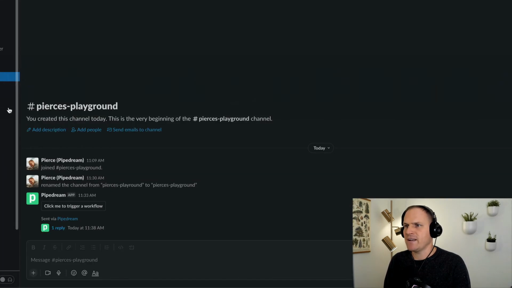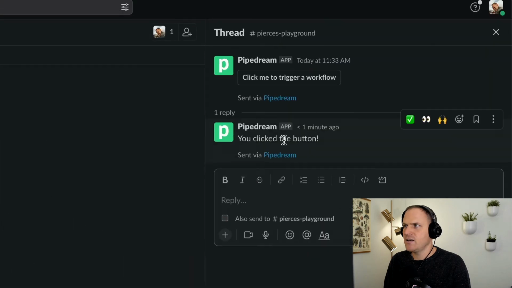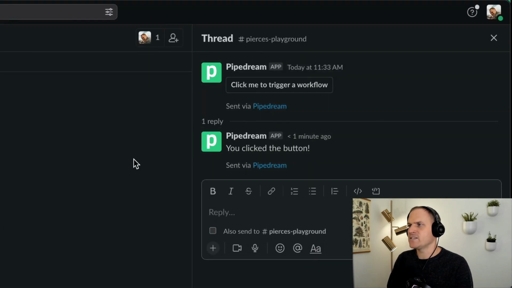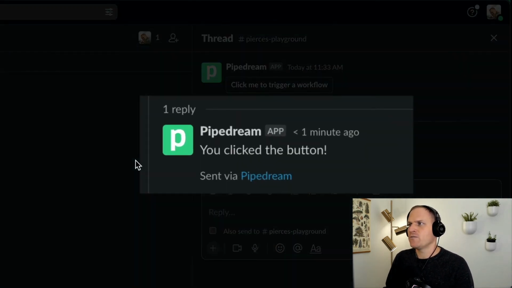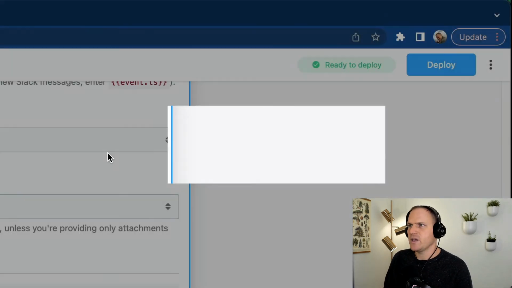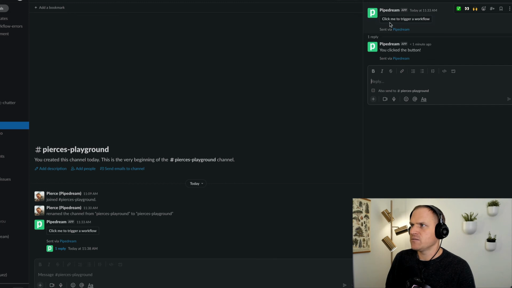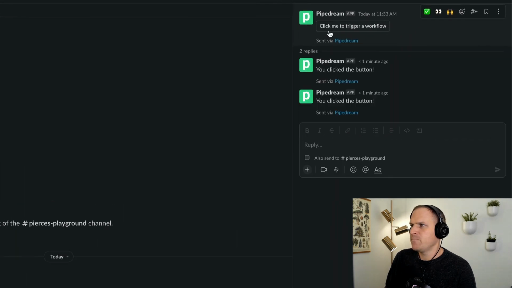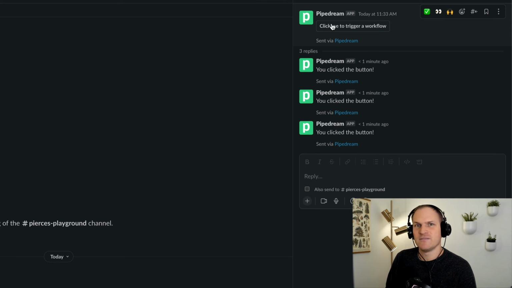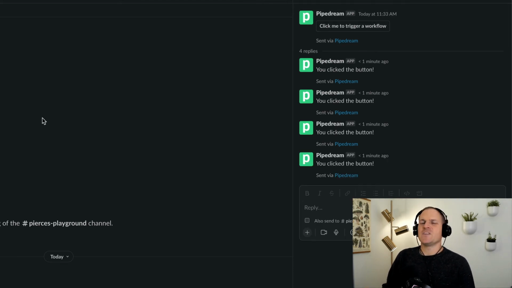And we should head back to Slack and we could see, awesome, on the right-hand side, when I triggered the workflow, it sent a reply. I'm gonna deploy this, and now we can just click the button and receive a reply to the original button's thread. Pretty cool, huh? So this is a really, really simple example and only filtering based on the channel, but